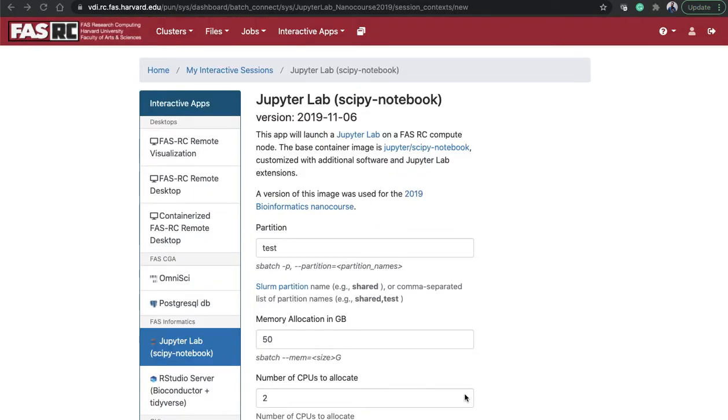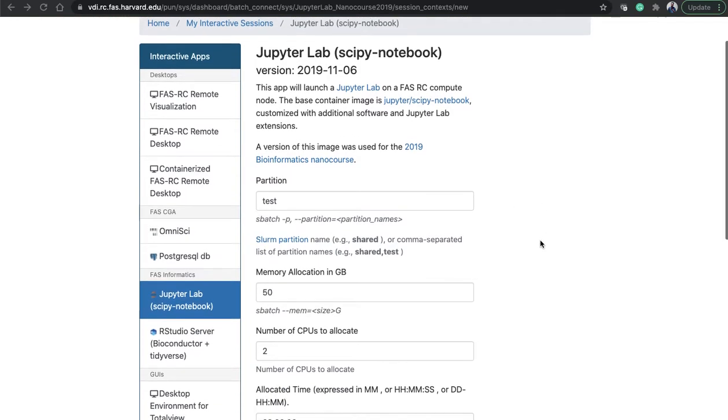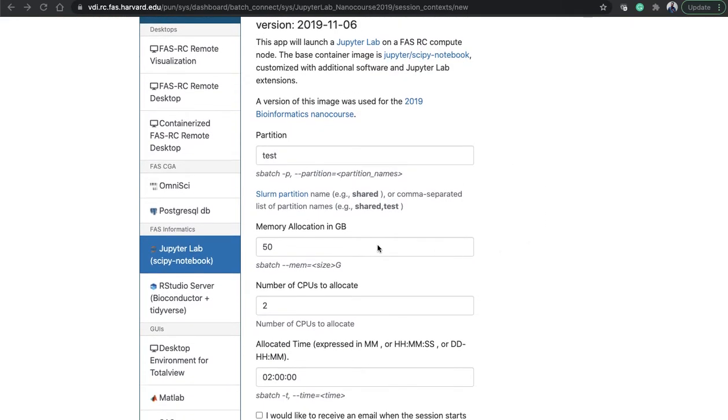Under the partition, you can choose either test partition or shared partition depending upon your work. If you're doing test development, you can choose test partition. But if you're doing real production work, you should use shared partition. So for the time being, I'll be using test partition, and in the same way you can specify the amount